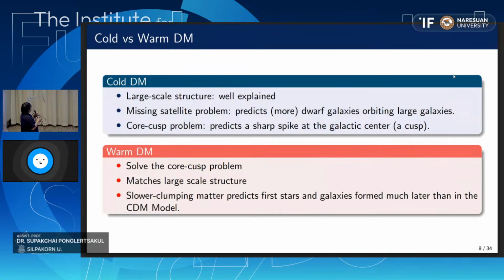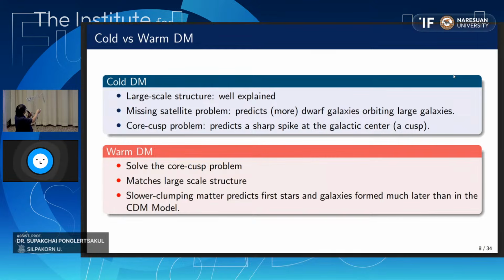However, before I move further in my talk, I would like to say something a little bit about the cold and the warm dark matter first. Basically, cold means that the dark matter particle is moving very slowly, while the warm dark matter is the model in which we model the dark matter particle moving slightly faster compared to the cold one. However, those two models also pose problems by themselves.